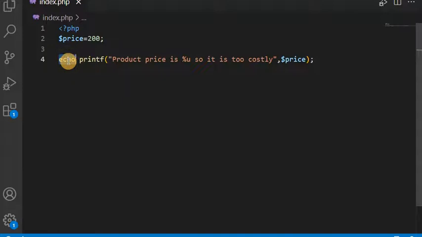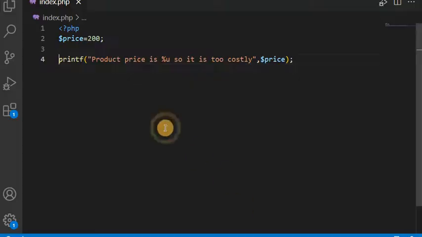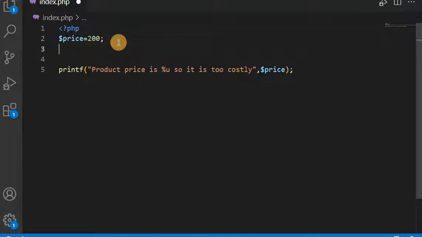Sorry, this echo I have used, that is why it's showing that way. Now you can see product price is 200, so it is too costly. So this way, if you have two different identifiers, let's suppose